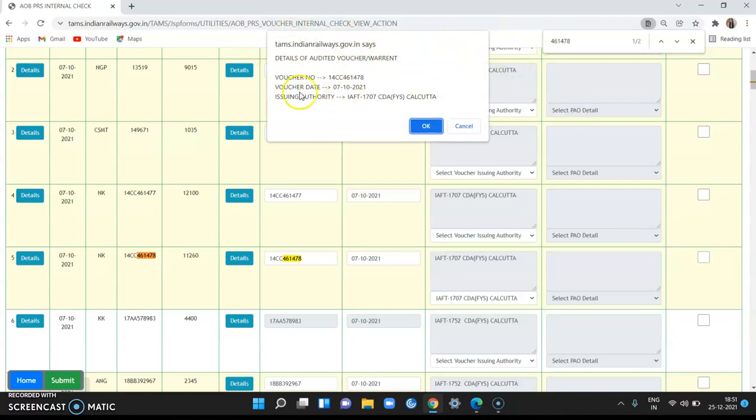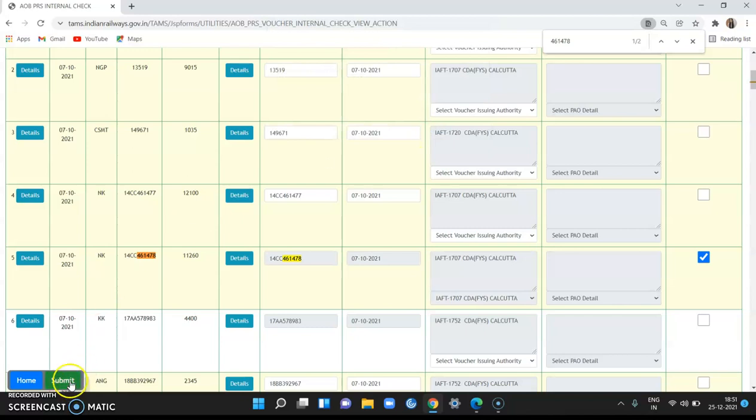You will get a pop-up message to again check the details before submitting the voucher for bill generation. Click OK and submit.